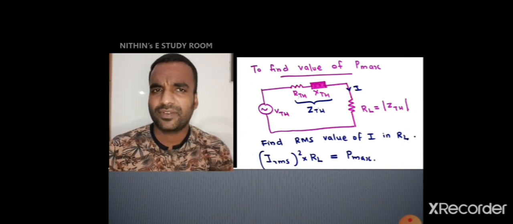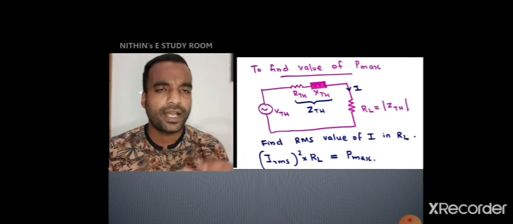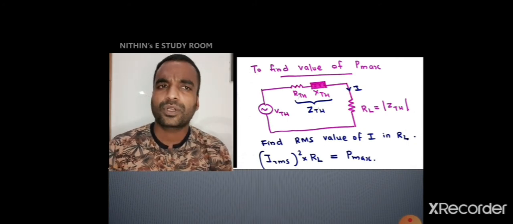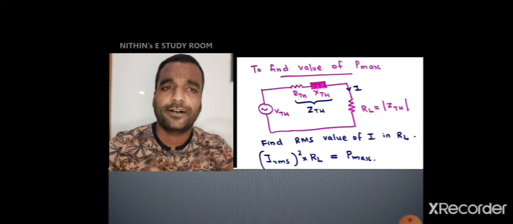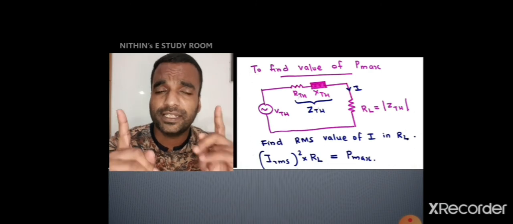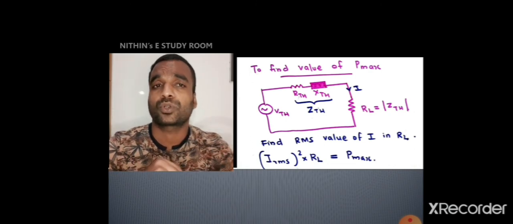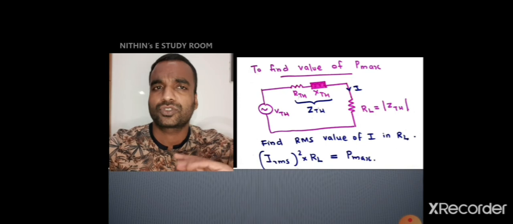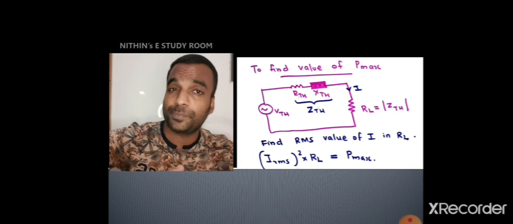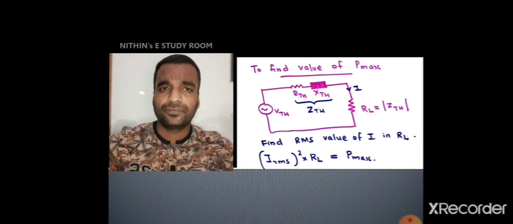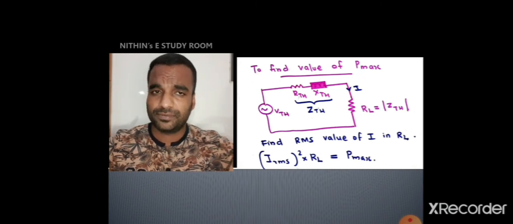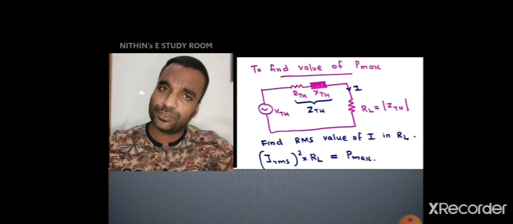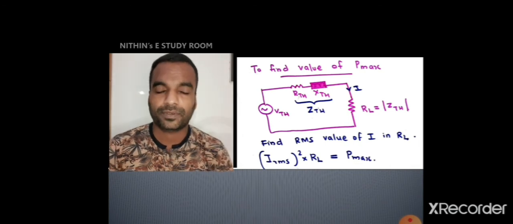So what is RMS value? What is maximum value? I hope everybody knows. And if you are not that clear, we can deal with that while solving problems. So the point is, anyhow you have to check whether it is RMS or not. Anyhow, power is equal to current squared into resistance, and that is active power, not reactive power. The equation of active power is I square R or V I cos phi. All these things give active power.